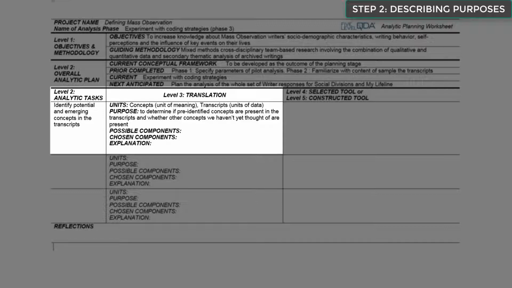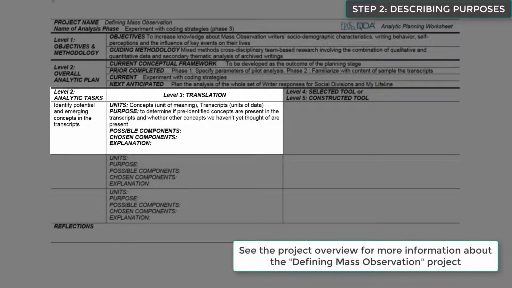This is because in this project the data we're using wasn't collected by the research team specifically for the purpose of this particular project. Rather, it was generated previously for a different purpose. Therefore, we weren't familiar with the data before we started the planning stage that this phase of work is part of. If we stuck to the rule of thumb of one purpose, we would need to split this task into 2,